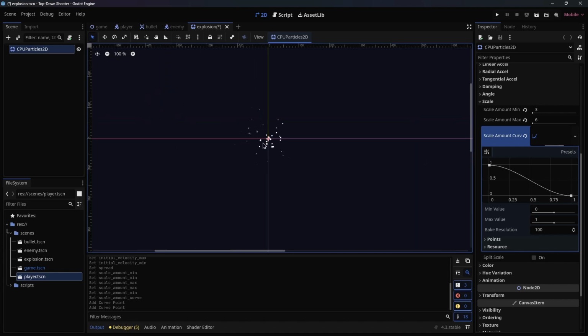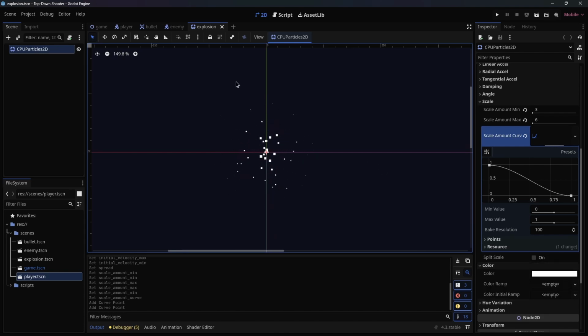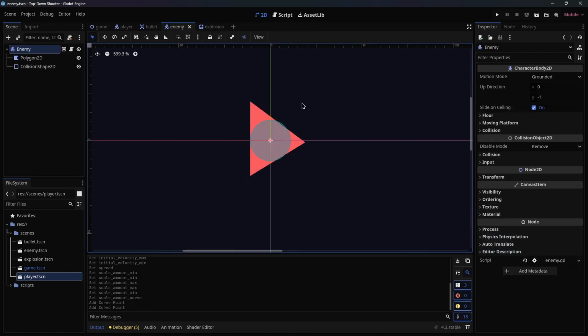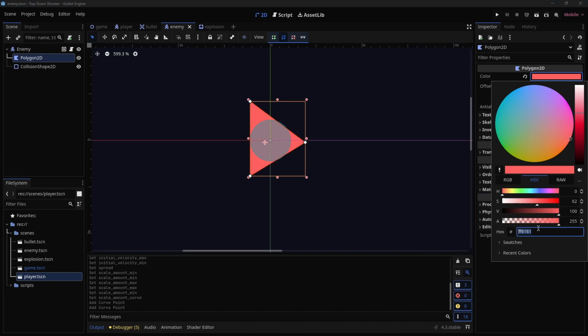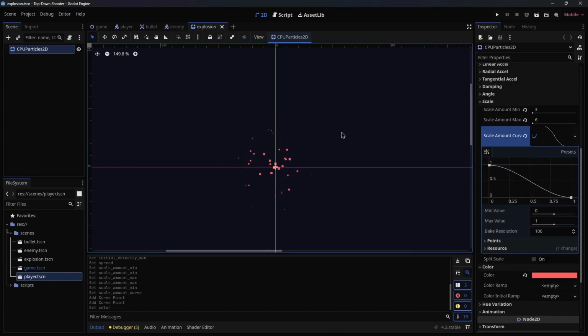Okay, and as you can see, the particles are becoming smaller and smaller, which gives a pretty cool effect. Now let's change the color to the color of the enemies, which is going to be this color. I'm going to copy it and paste it in here. Okay, that's not bad, but these particles are constantly emitting, and the way we can make them not emit constantly